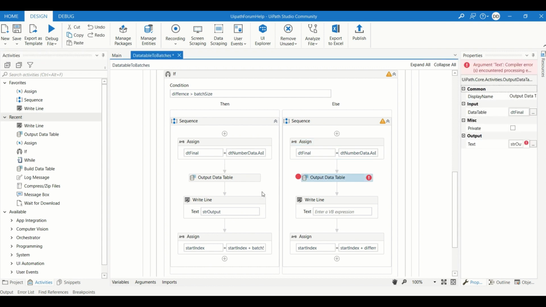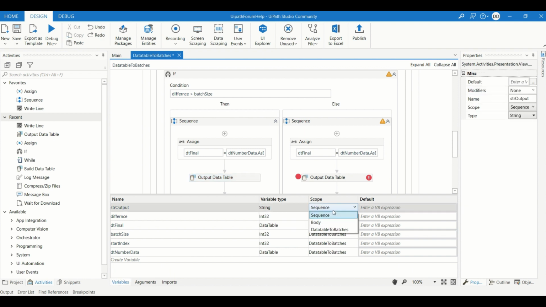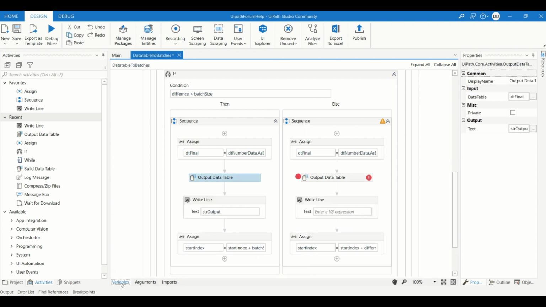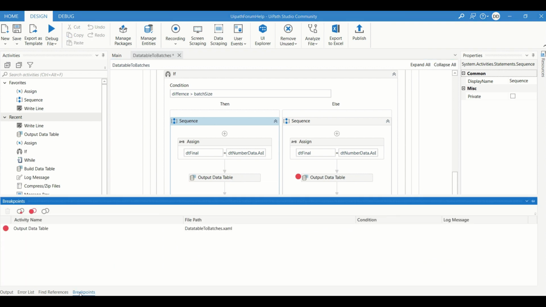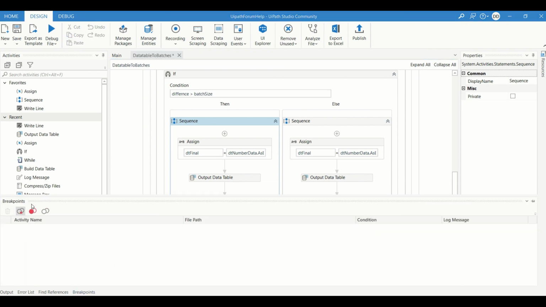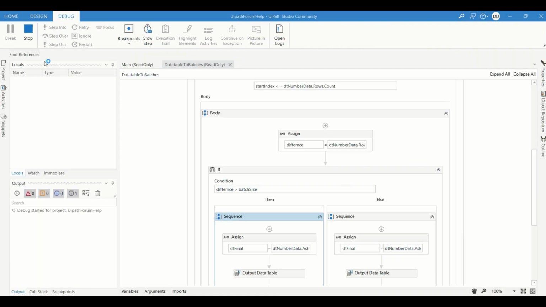And this is coming because we haven't changed the str output. We will take a global scope for that also. Yeah. Now we have put it, now I will remove the breakpoint. We will just run it in debug so that you can see the outputs.